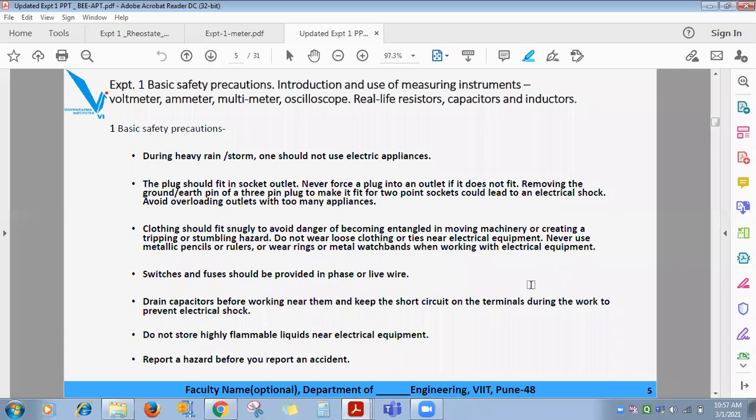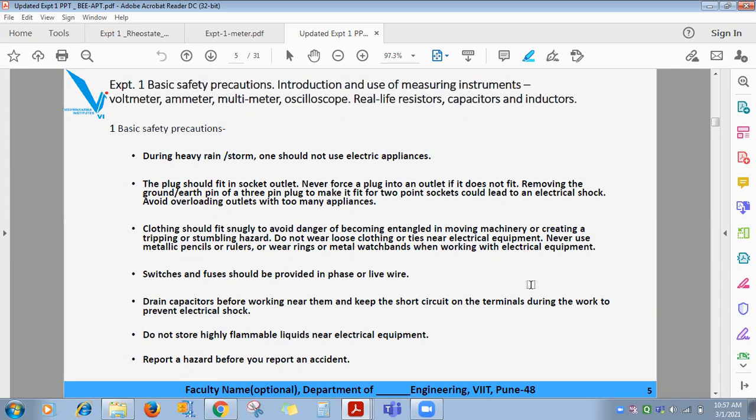Because it doesn't help in producing the output. Normally it doesn't flow, only accidentally it may flow. Got it? Okay. So if any leakage current gets produced in the outer metallic body of an electrical equipment and you are touching that outer metallic body, our body resistance is 1000 ohm, earthing wire resistance less than 5 ohm. Current always prefers the minimum opposition path. That's why it will flow through the 5 ohm earthing wire resistance. Our body resistance is 1000 ohm, so it will not flow through our body and you will be safe.